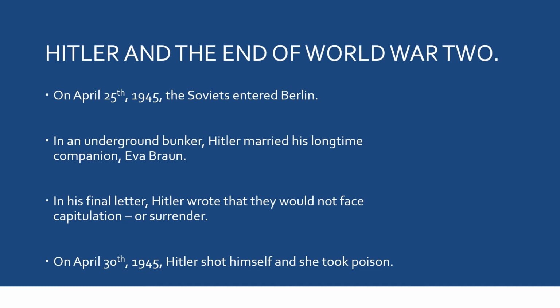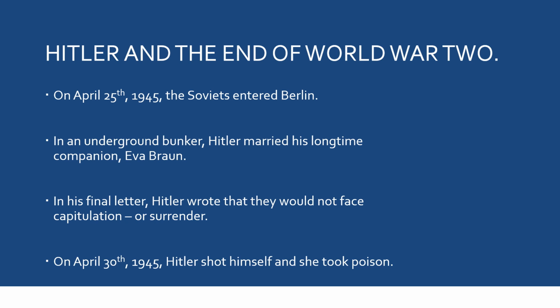On April 25th, 1945, the Soviets are going to enter Berlin. They're going to begin bombarding the capital of Germany. Hitler orders a last effort. He orders every able-bodied man in Berlin to fight for Germany, and we're talking elderly men and even young teenage boys, being told to grab weapons and defend the city. Not really going to help. And many of them are not going to participate as well. Many of them know that the end of the war is near.